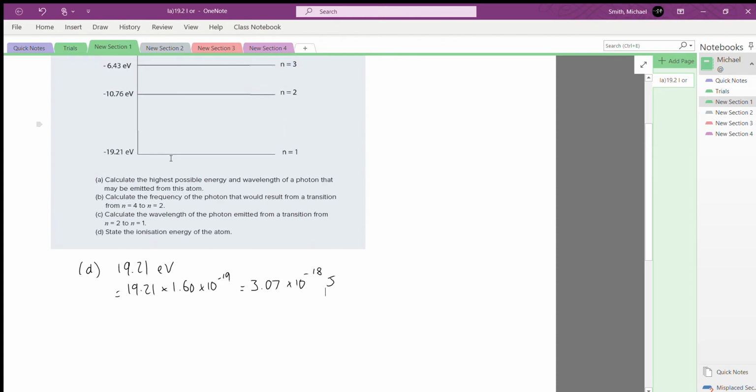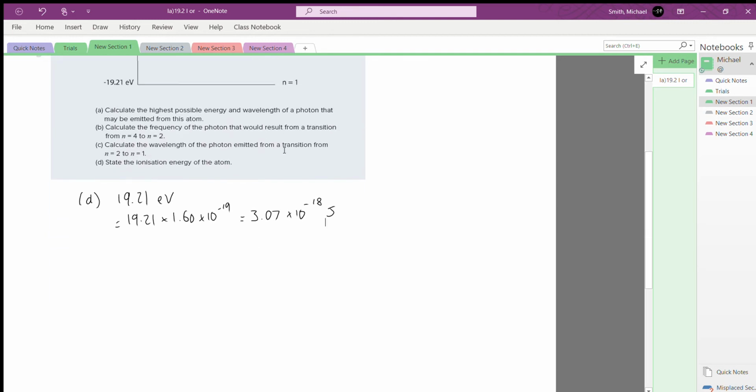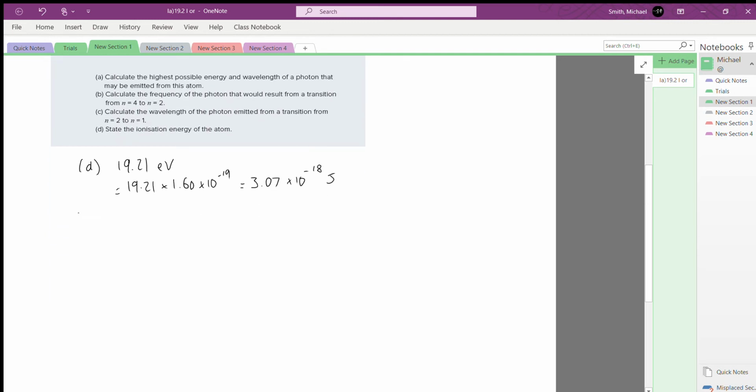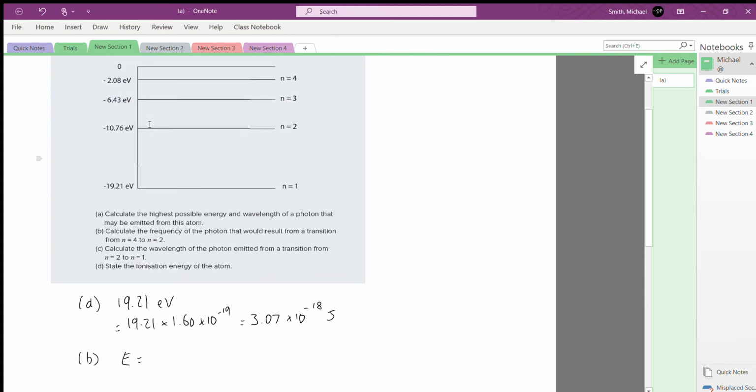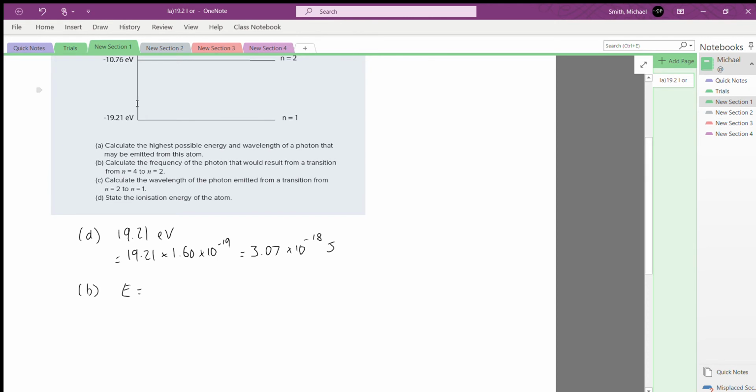Next, we need to calculate the frequency of a photon that is the result of a transition from n equals 4 down to n equals 2. So again, this is fairly straightforward as well. Here we need to work out the energy of the photon. It's just going to be the energy corresponding to the energy difference between the electron energy levels. So here, if we're going from 4 to 2, it will be 10.76